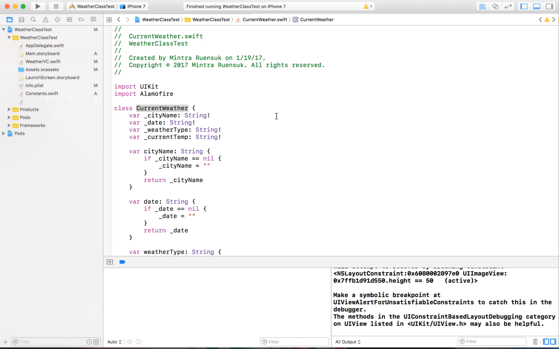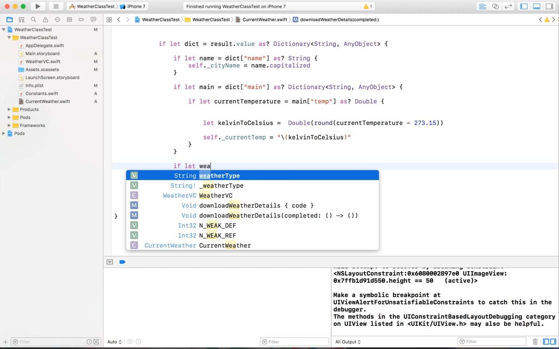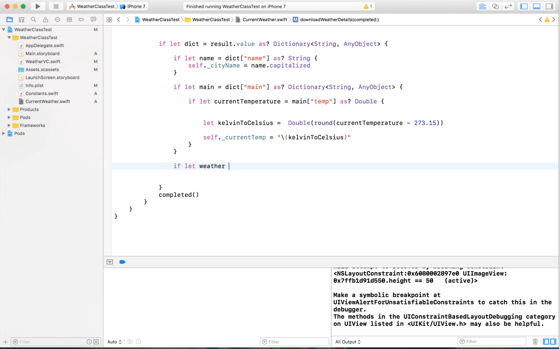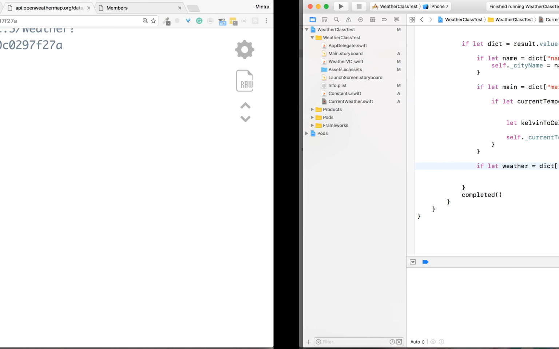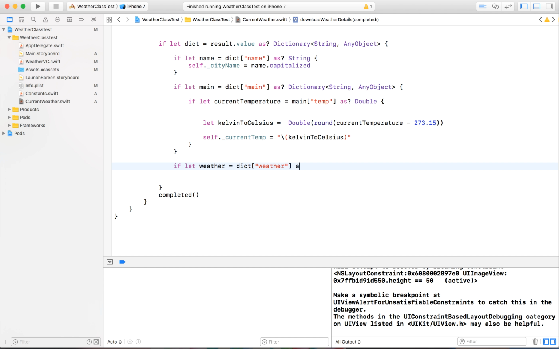Open up current weather. Scroll down. After this if bracket, scroll down and write if let weather. Actually it can be any name, equal to dict and then this one, weather,